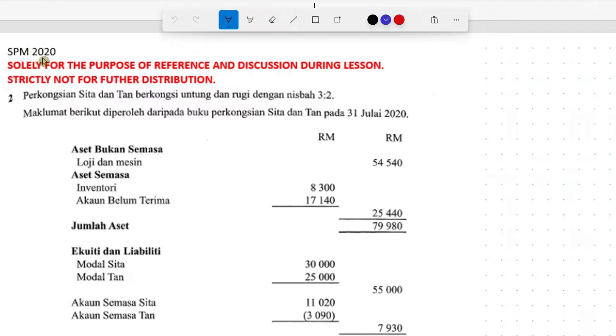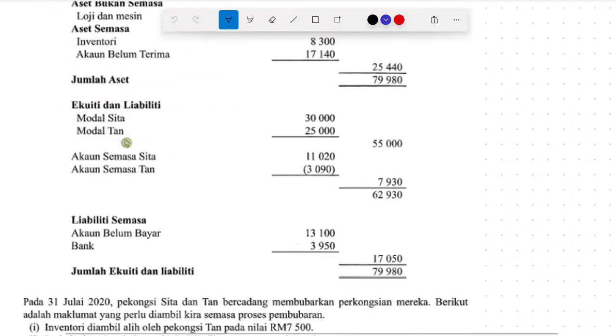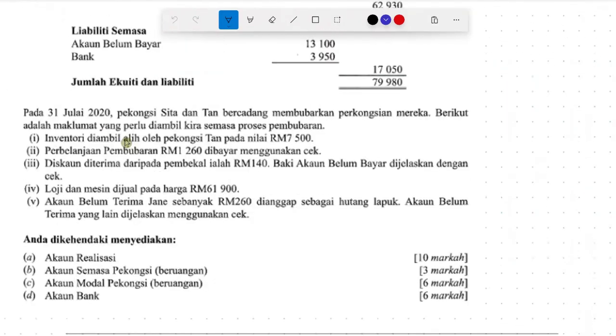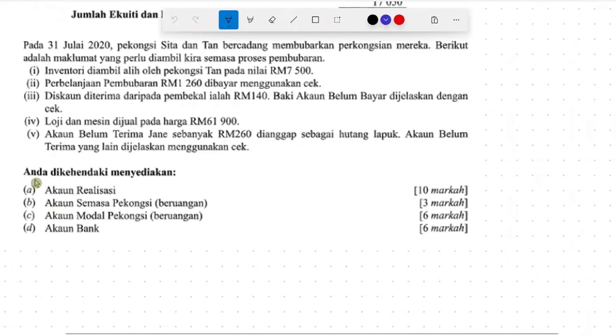This is SPM 2020 question number 2, Perkongsian Sita dan Tan. Let us read the requirement first as usual before we go into the details of the question. Anda dikehendaki menyediakan akaun realisasi, realization account, akaun semasa perkongsi, partner's current account,